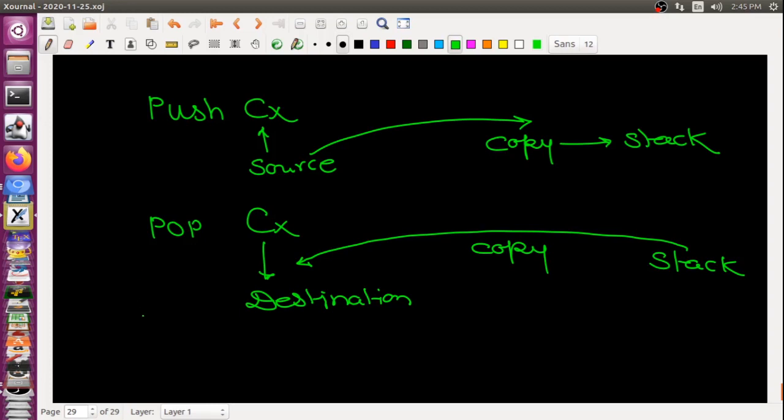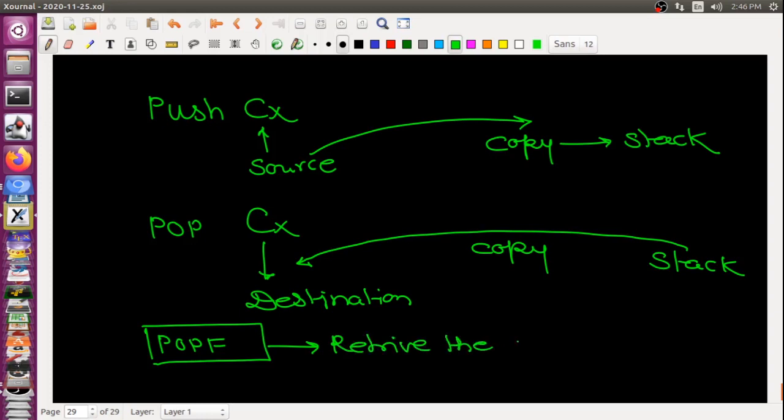One more important thing is that for the pop, if you want to take the values of flags you have already put on the stack, if you want to retrieve it, you can retrieve it with the help of this instruction, POP F. This is called just for the flags. So it will retrieve the flag values from the stack.